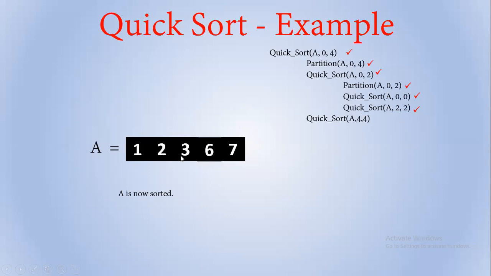So at last, what the partition function does is, there will be elements towards the left side of the integer returned from this partition function. The left side of that integer will have lower values, and the right side will have higher values. That's what happens. So when compared with merge sort, in this partition there is both division and sorting. That's how it has avoided the merge operation or combine operation.